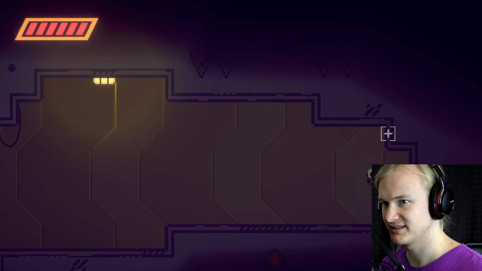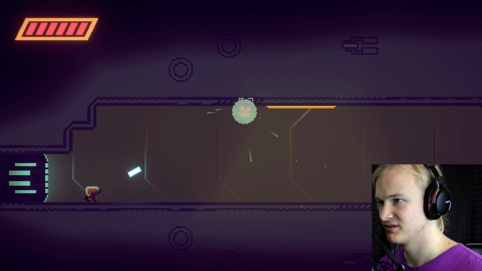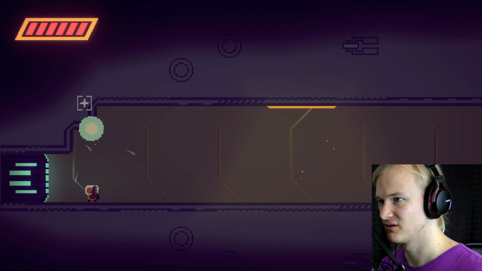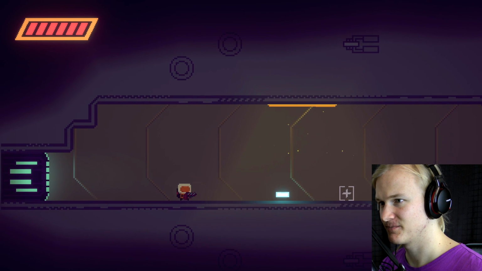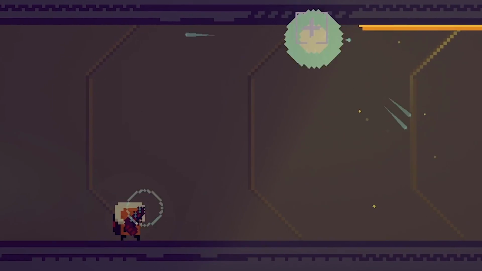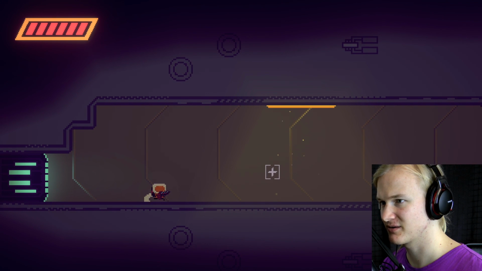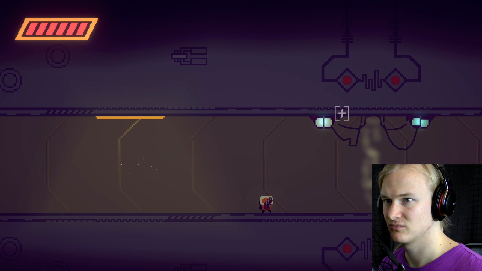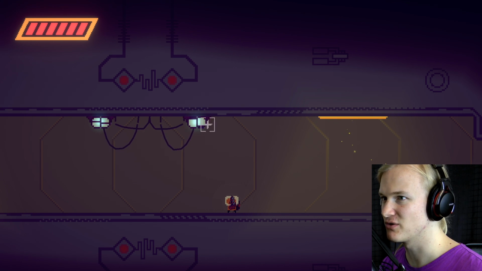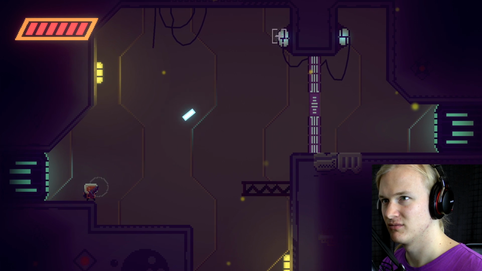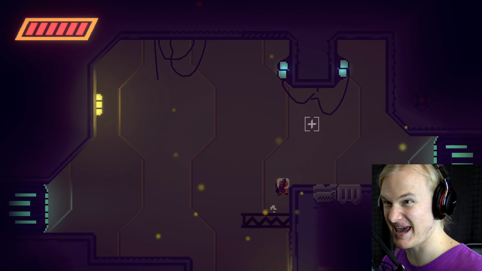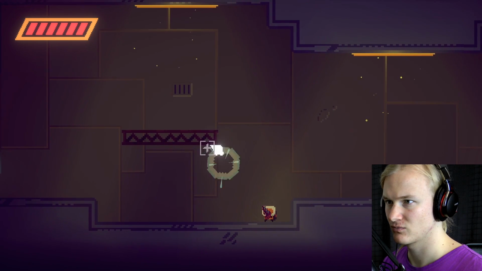Oh, nice. Gun has a nice feel to it. You can see it has just the right amount of screen shake. When I fire directly to the side, there's no knockback, but when I fire at an angle, my character is pushed back. That is strange. This would feel more satisfying if these things up here would just explode and completely destroy it. Little recommendation right there. See, I want this to blow up.